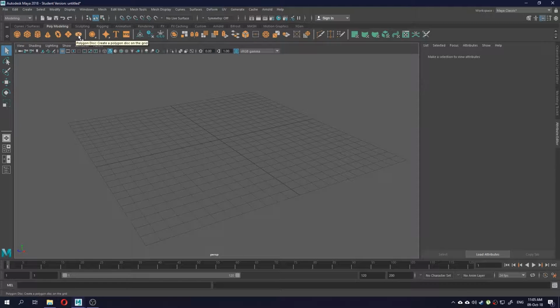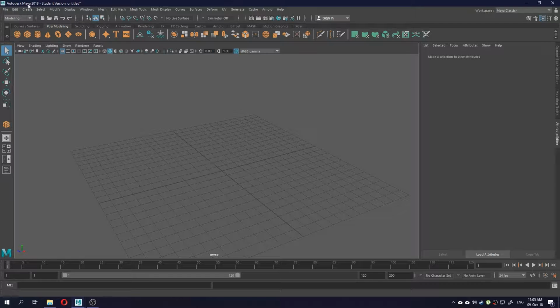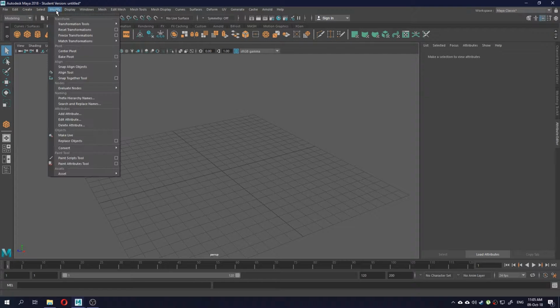This is the base thing that you will be using most of the time when you are beginning and playing with shapes and stuff like that. Let's just say this is a sphere, a cube. The best thing to start off with is a cube. And yeah, this is how you make a cube. If you're asking how to create a cube the way you want it, if you go in here,